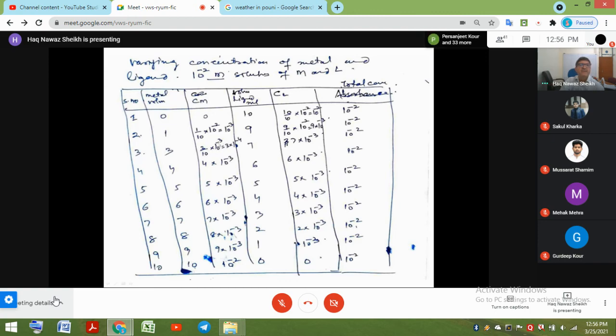थर्ड ट्यूब में मैंने 3 मिलीलीटर मेटल लिया, 3/10 इंटू 10⁻², सो दिस बिकम्स 3 इंटू 10⁻³, ये मैंने गलत लिख दिया था। तो मेरी स्लाइड्स को मतलब मैं गलती भी करता हूँ, ऐसे नहीं नोट करते रहना और फिर यही जवाब मुझे लिख दो, ठीक है। और लिगेंड 7/10, अब मैंने जल्दी में लिख दिया, यहाँ लिखना था 7/10 इंटू 10⁻², वो आएगा 7 इंटू 10⁻³।